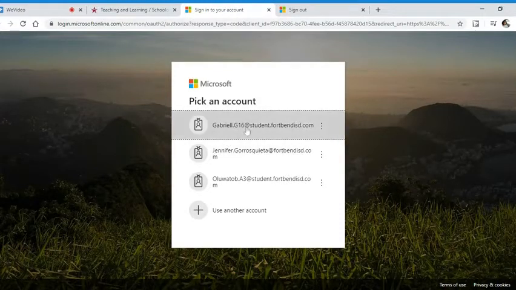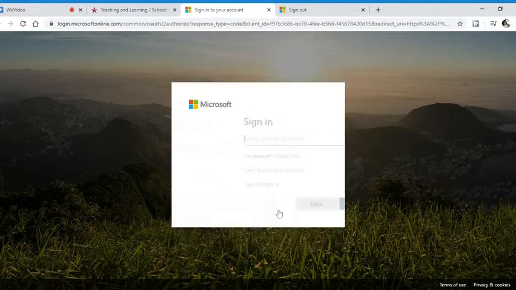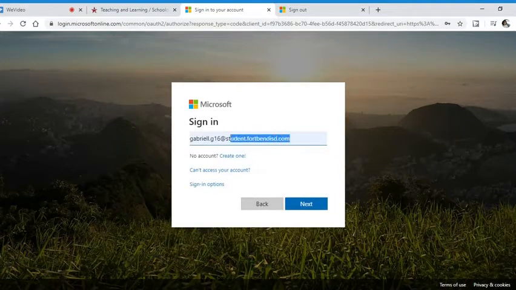On the screen, of course, I could click my name or Gabby's, but I want you to be able to see how to log in. So I'm going to add another user. And I'm going to add my son, David. So I'm going to type in his name and I'm going to show you how you should